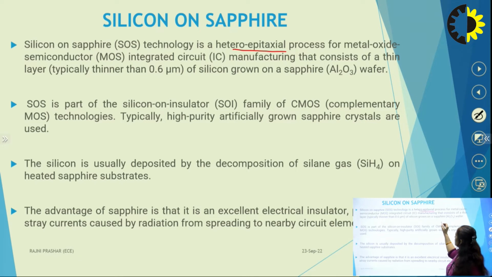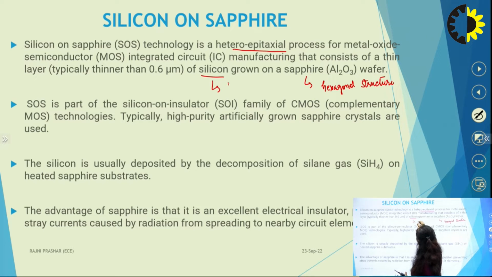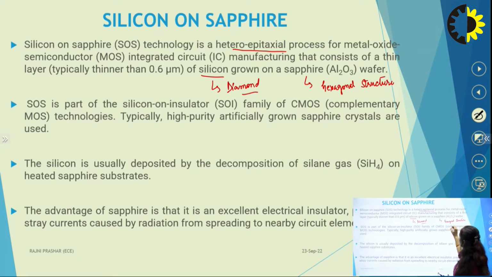And we know that sapphire has the hexagonal structure and silicon has the diamond structure, right? So the orientations of both materials are different, and we need to grow the diamond orientation over the hexagonal orientation. So that is why it is named a heteroepitaxial process